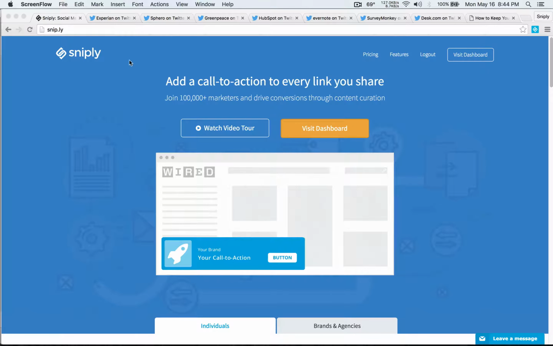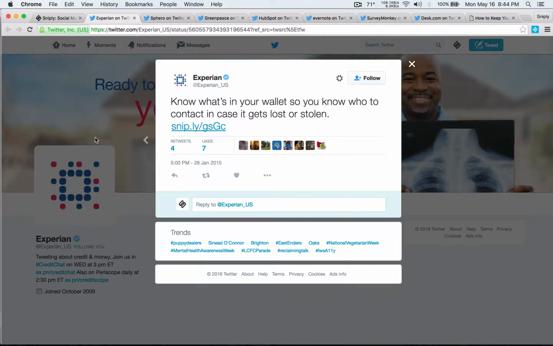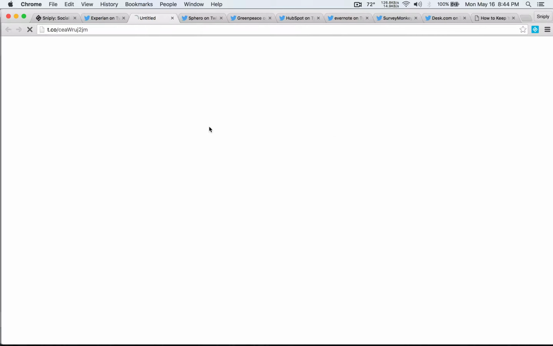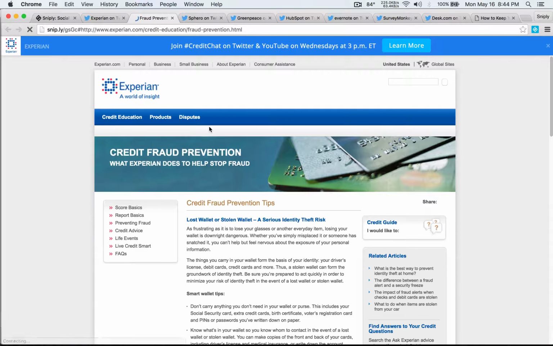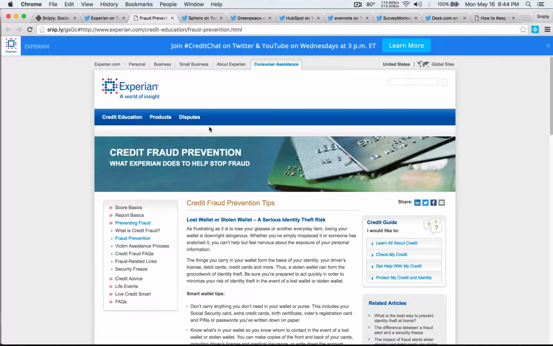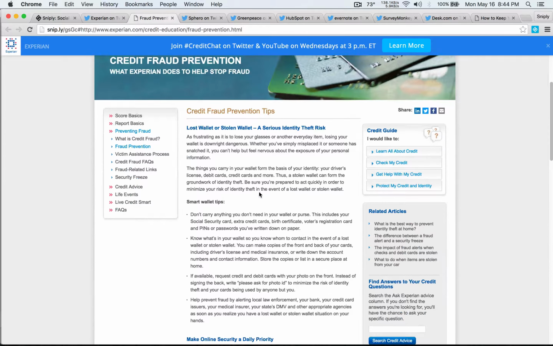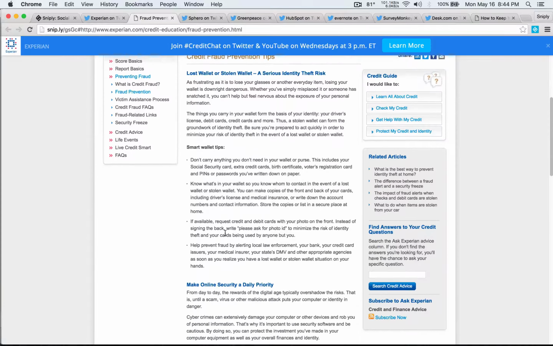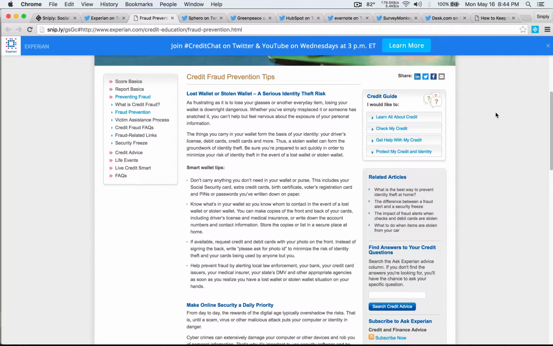So the first, let's dive into this tweet here from Experian. So it looks like Experian sent this tweet. Know what's in your wallets so you know who to contact in case it gets stolen. And it's a Sniply link that they're sharing, so let's see what it is inside. It seems like Experian is sharing a page on their website, so credit fraud prevention tips. This is a page on their site, and their call to action up here, which is added using Sniply, is